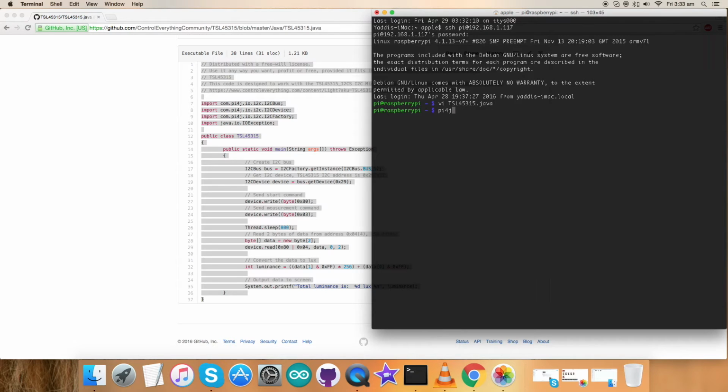Now, Pi4j and TSL, this is the command as you can see for the compilation of the code. Now the code is being compiled. Code compilation is done, and this is the command to run our Java code, and here we go.